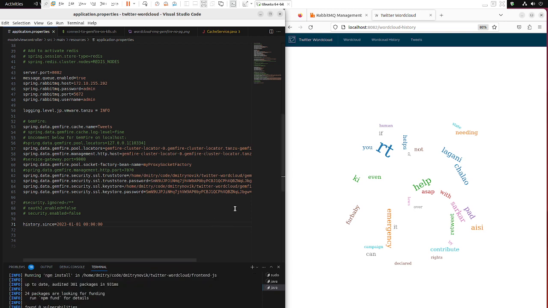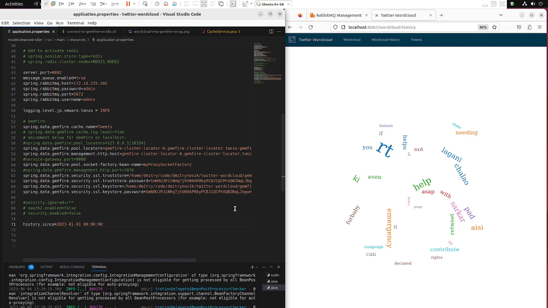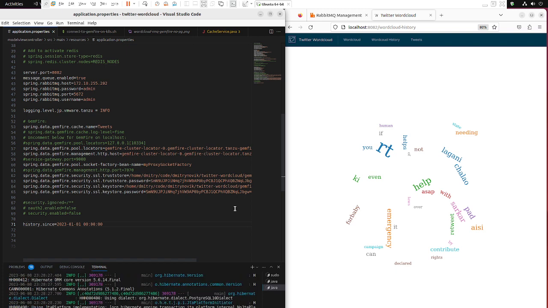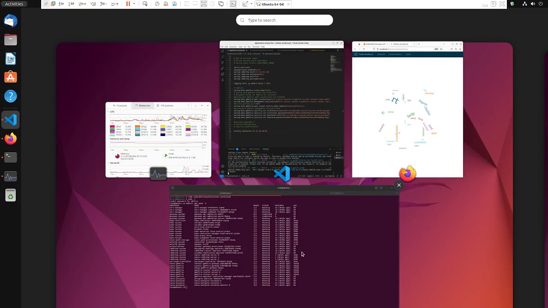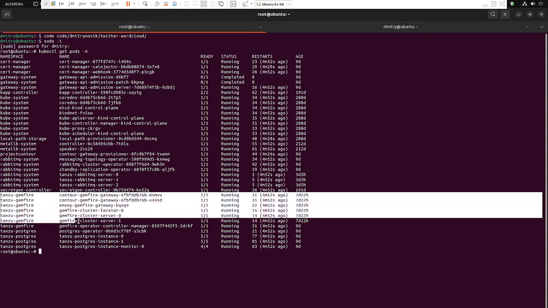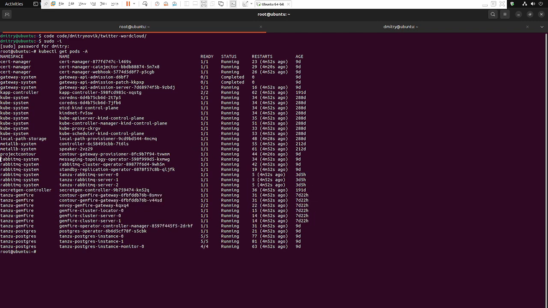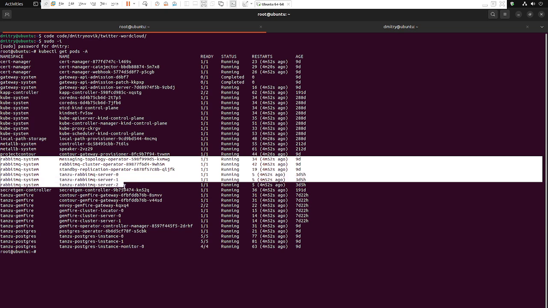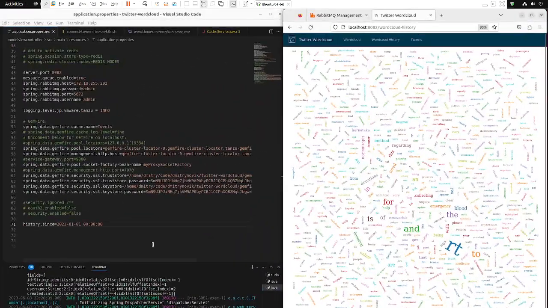While we're starting, let's quickly mention that each backend product that we have, the Gemfire and RabbitMQ, is run on Kubernetes, which ensures high availability and resilience. If I can quickly flip to our Kubernetes, these are our pods. We have the Tanzu Gemfire namespace running the Gemfire, and we have the Tanzu RabbitMQ, or RabbitMQ system, namespace running RabbitMQ with multiple pods, highly available. Now let's get back to our microservice.